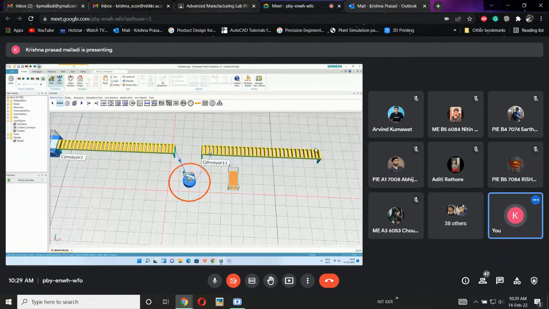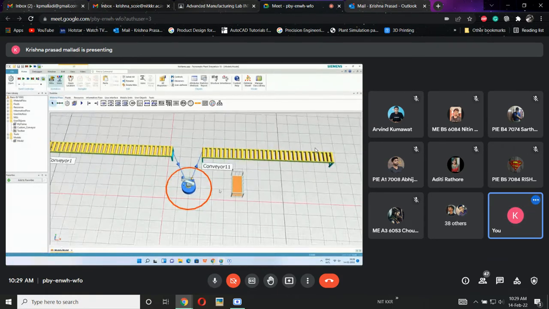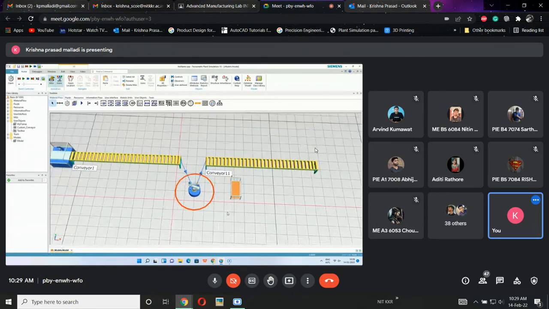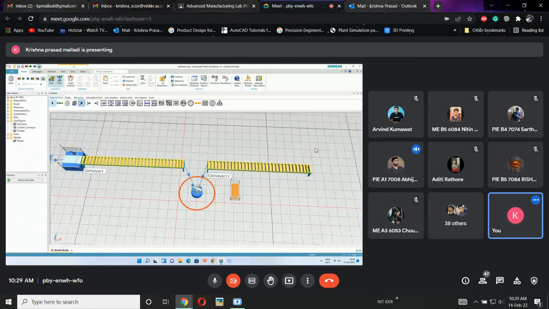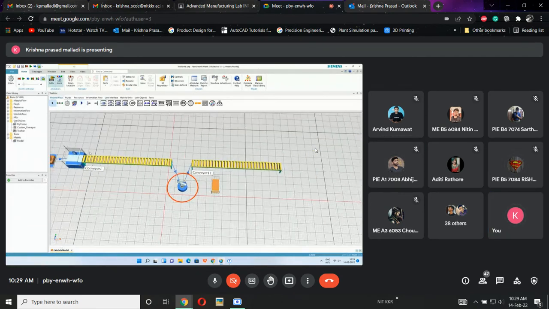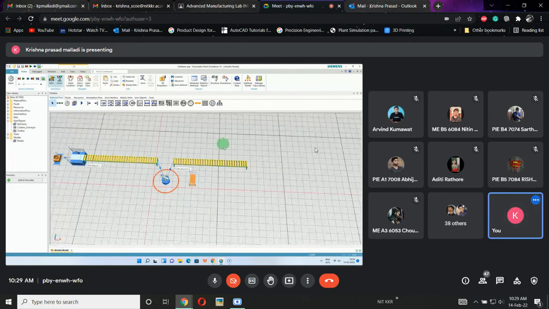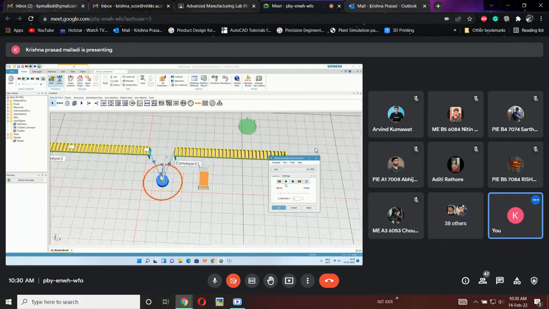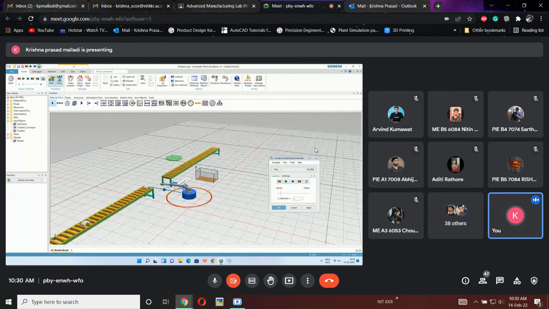Is this correct model? Is this correct? I mean design. No, sir. Okay. Event controller. Reset the simulation and see. I'm increasing this. The reach of the robot is up to this only. Beyond this, now